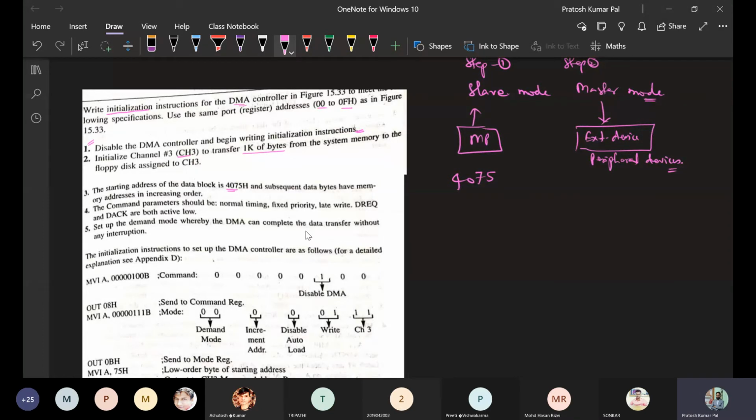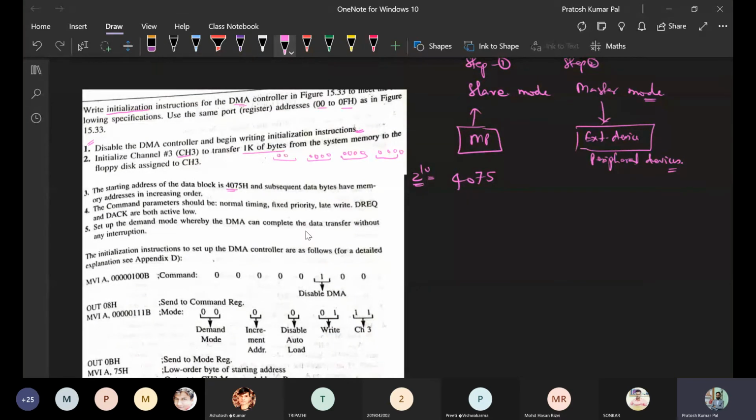To have 1K byte of data, that means 10 address lines are there. In terms of 16 bits, we can write 4 bits, 4, 4. For 1K, that means 2 to the power 10. So 10 bits, starting with 0000000000.